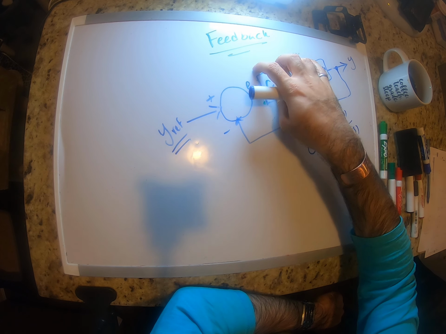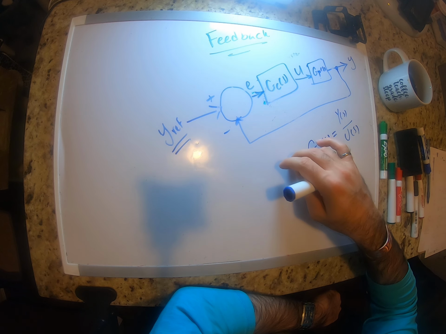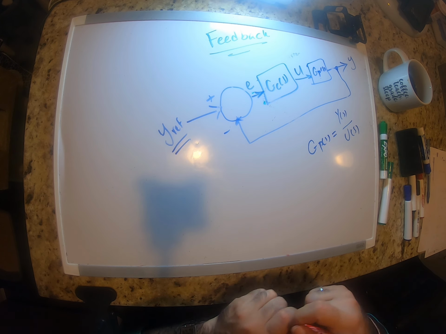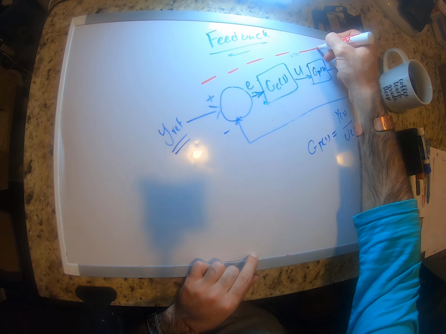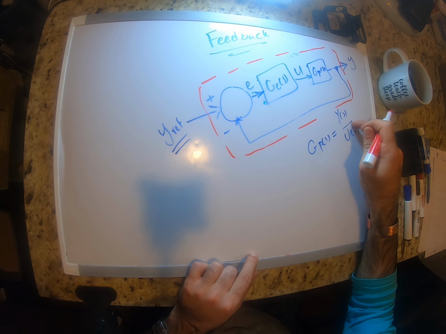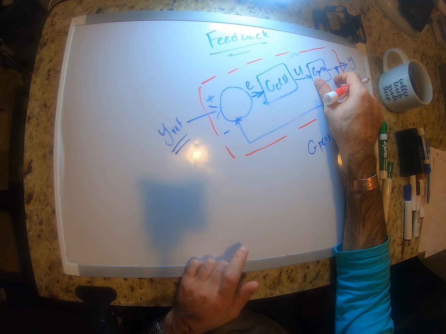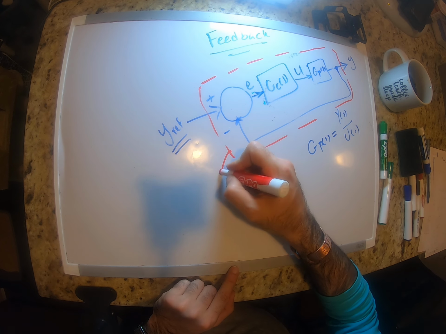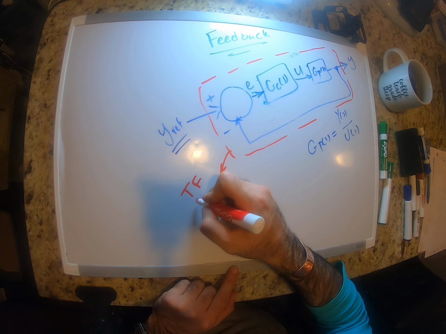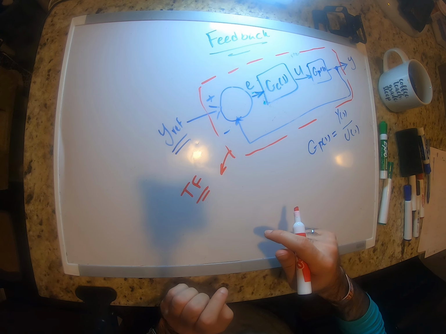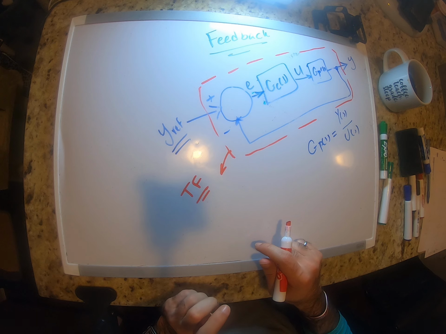Now that we have added many different components to it, the transfer function of this system is going to be totally different from this transfer function, because this system is now part of a bigger system, right? So now we want to find the transfer function of this closed loop system. Okay,